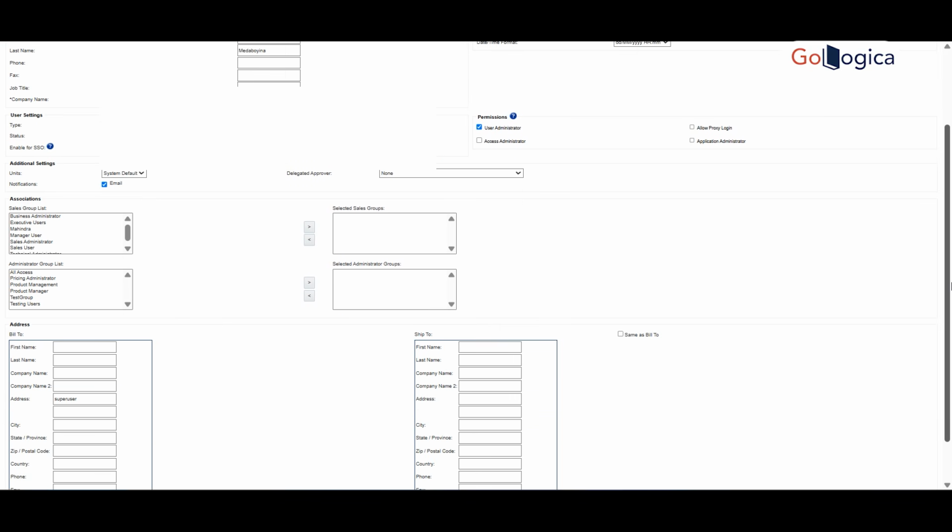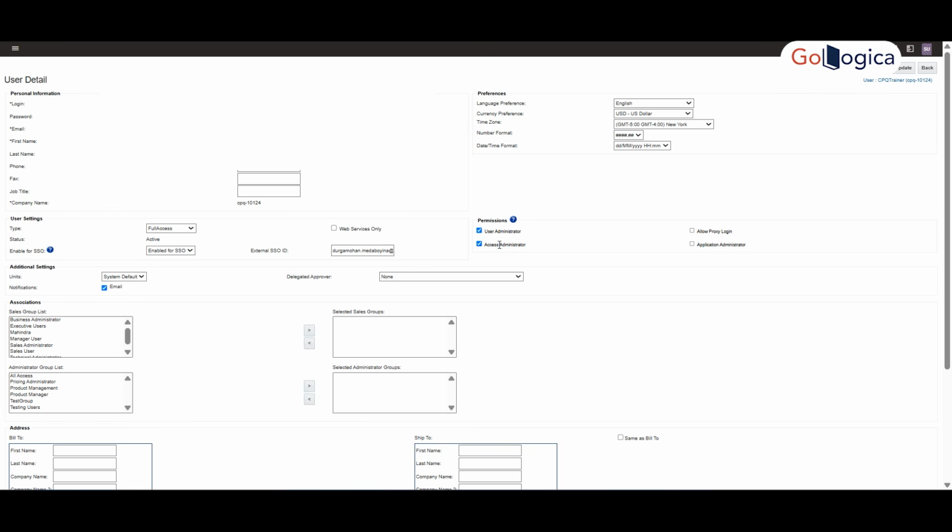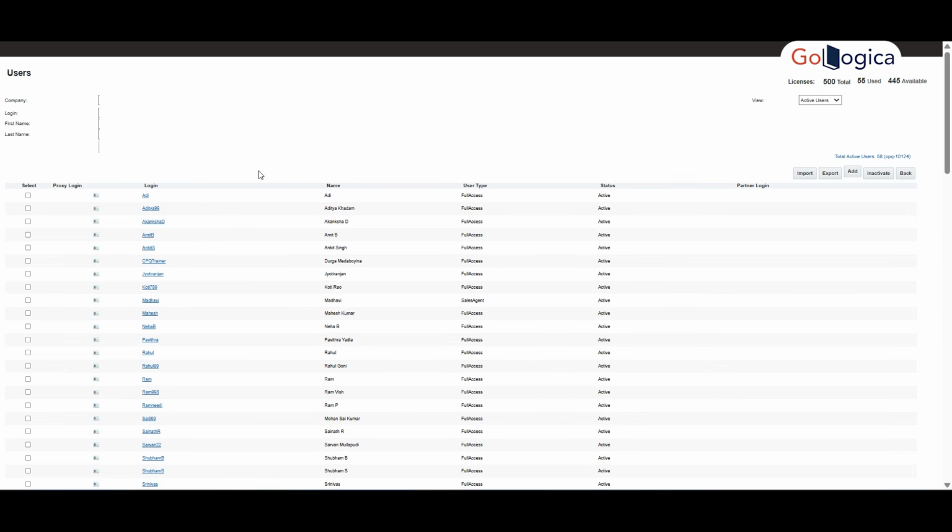Let's see, access administrator I have also given. Now user administrator and access administrator I have given. Let me remove this user administrator and try to proxy it once again. Now also it will not come. The reason is